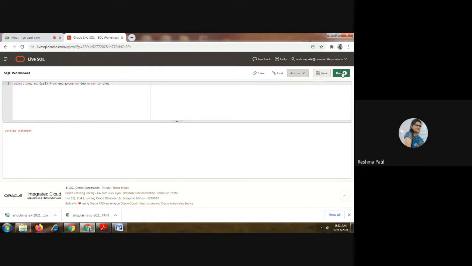What happened now? Yes. So here you will get the minimum salary of each department. Understood this? Yes, ma'am. For each department, we are using this group by. And this is for showing the sequence of department from 1 to 10. 1 will be first, then 2 will be next, like this. If you want in descending order, then you will write here D, E, S, C. This is the result.